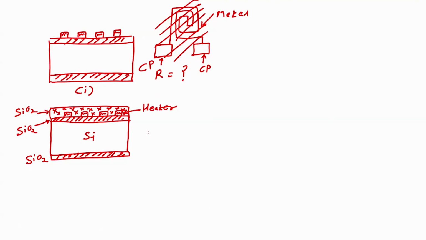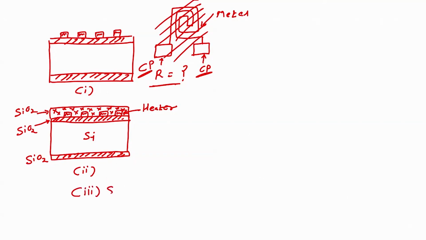Now, when we want to perform this step where after depositing silicon dioxide we have to remove the silicon dioxide from the contact pad, so that we can measure the resistance, what are these steps? That is what we are looking at. Okay. So, this is our second step. Third step, so this is our first step, this second step. Third step,